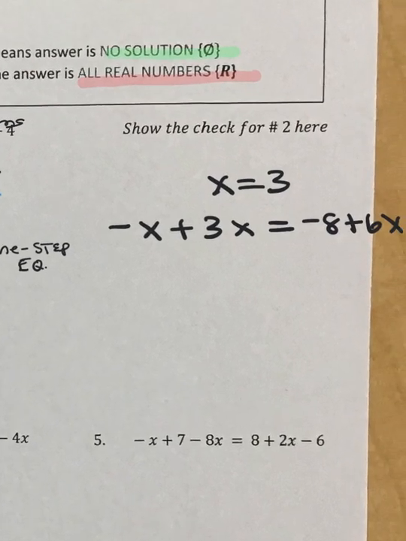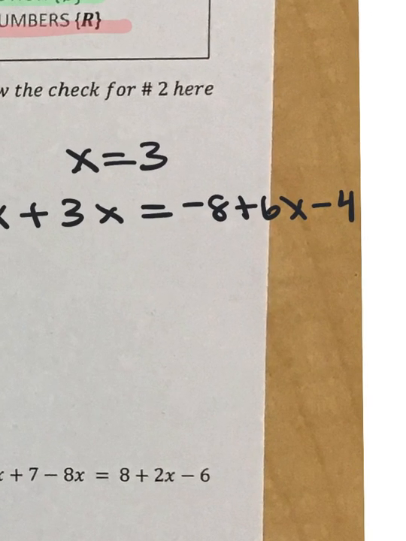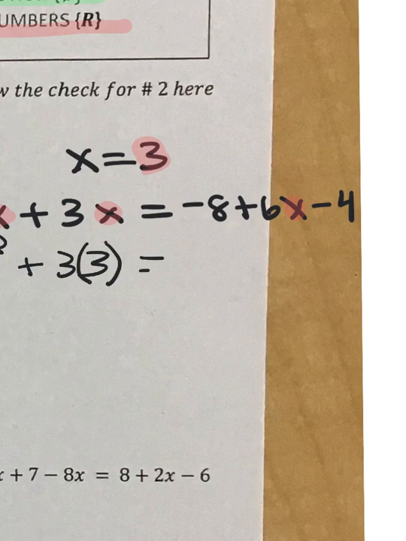And this is how we do the check. Remember, we're going to substitute wherever we see an x, we're going to put a 3 in all of those x's, right? We're substituting. We're not solving anymore. We're substituting. So if I substitute wherever I see an x and I put a 3, remember, I just can't put 33. Remember, that means 3 times x, so I have to use parentheses,